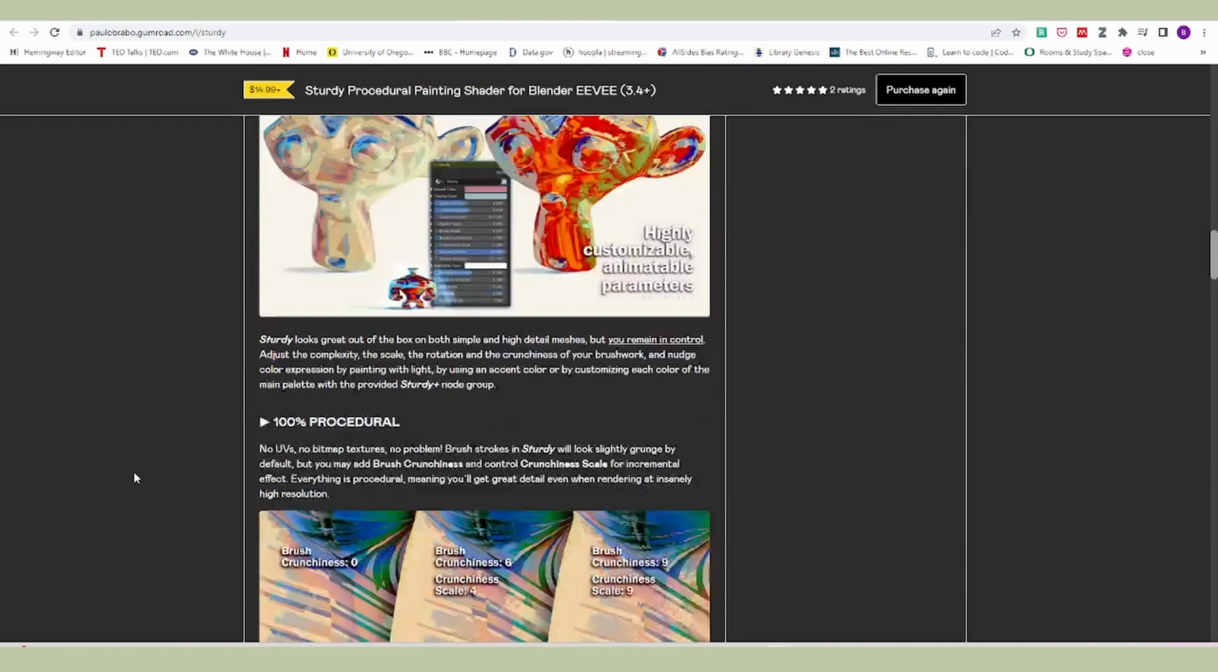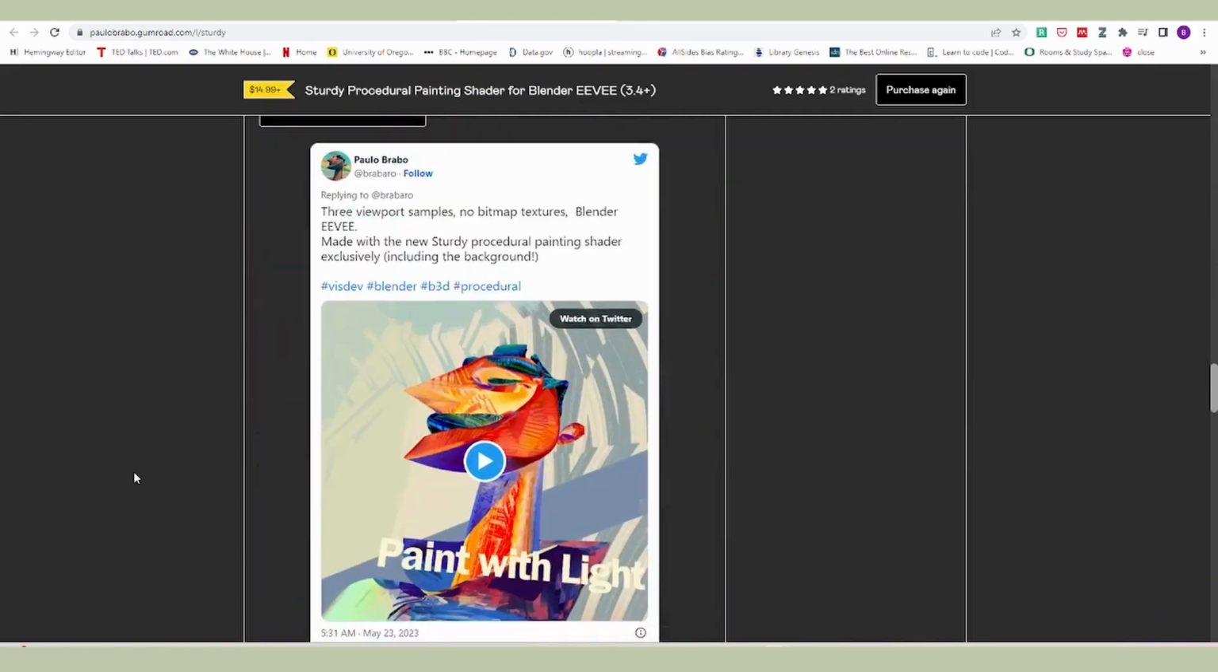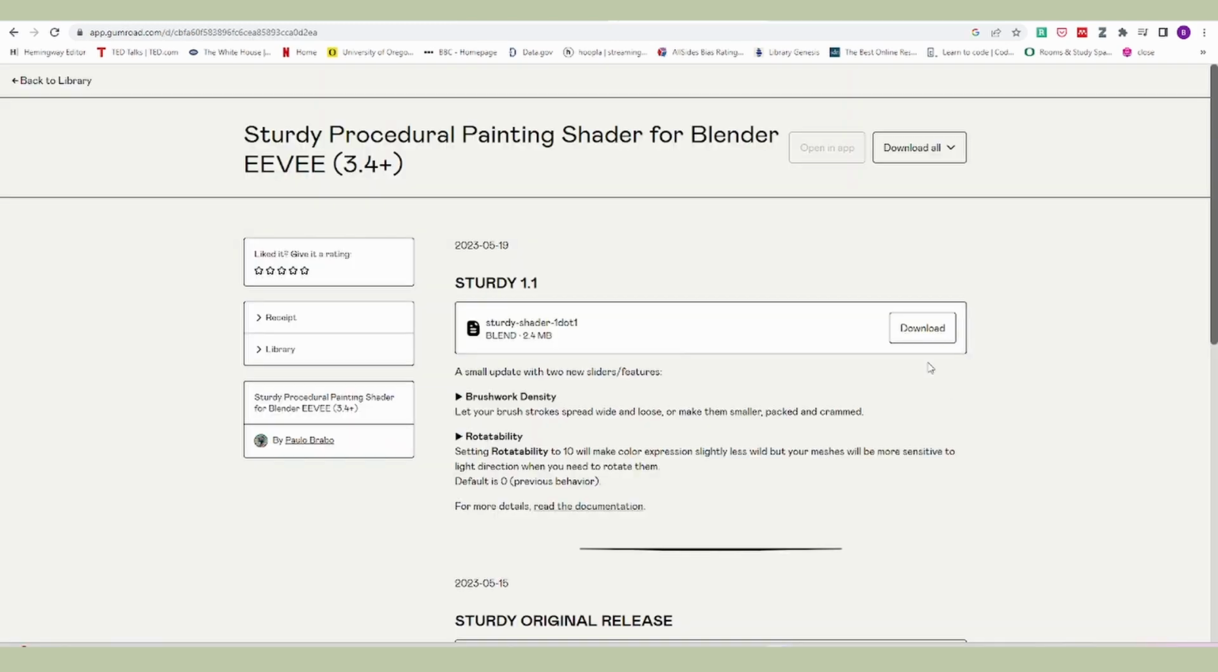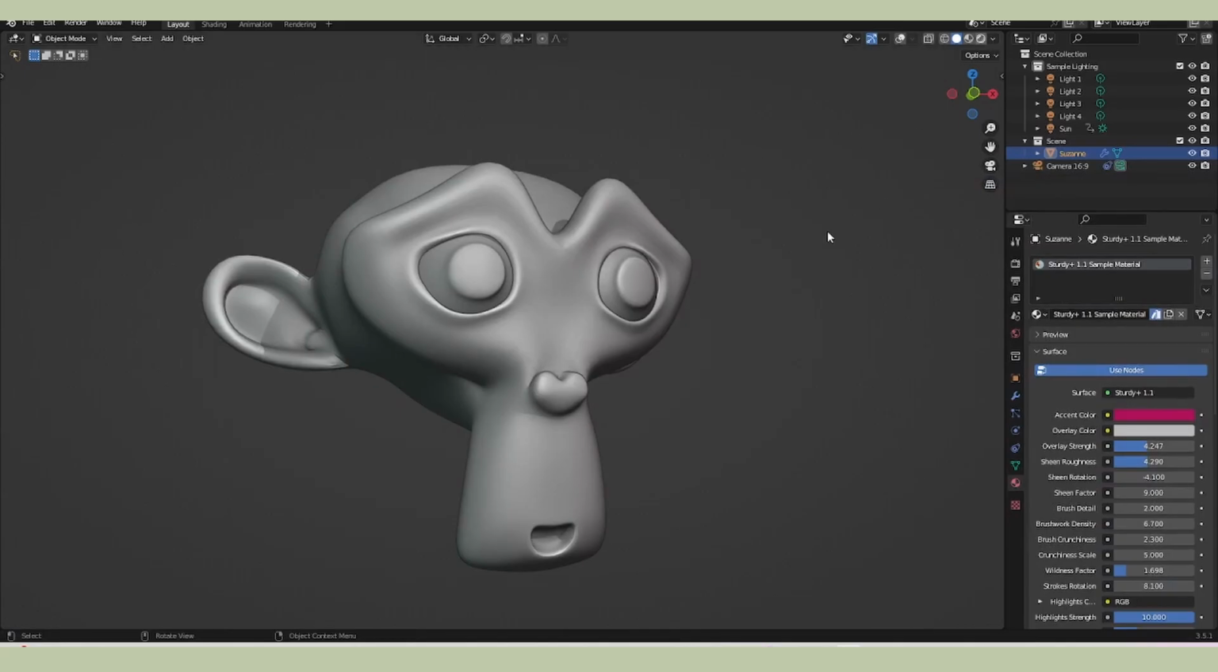I would highly suggest that if you're going to use this, you pay the suggested amount, because I'm certain that he worked very hard on making sure that this shader worked as well as it possibly could for the